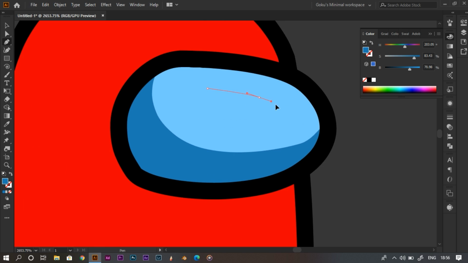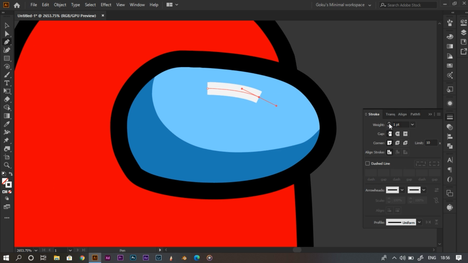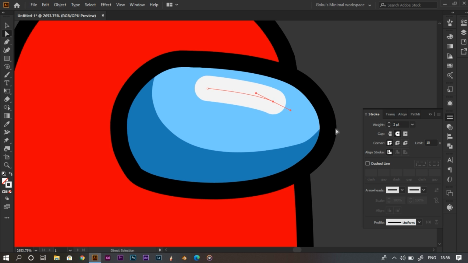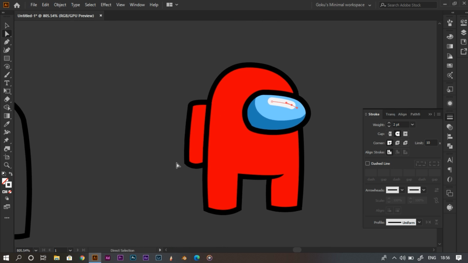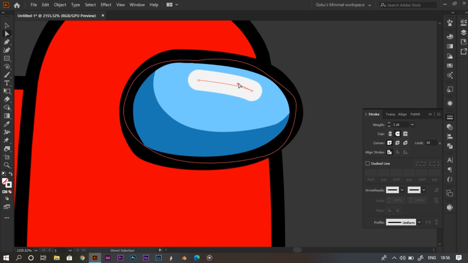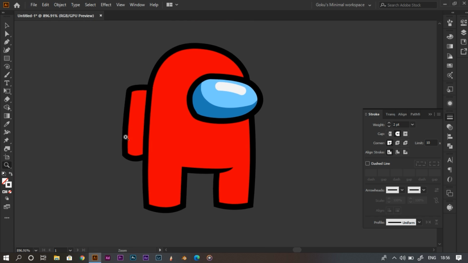Change the fill to stroke, and now make sure the fill color is selected. Go to the color panel and drag its saturation to 0, increase its brightness, and now we will increase its stroke width. Alright, and now we'll change the cap from line to circle. Okay, it's looking good. I think we'll need to change its handle. Okay, now it's looking good.